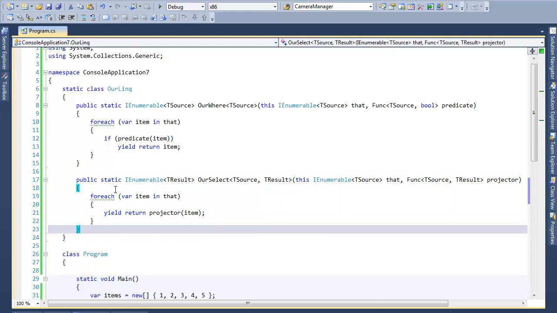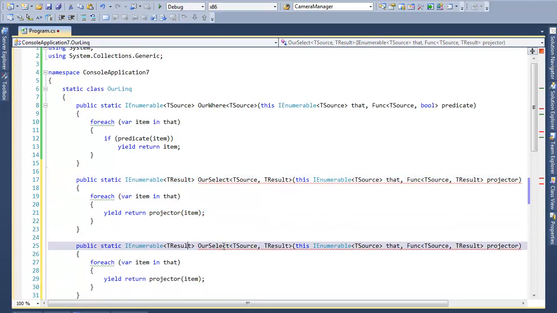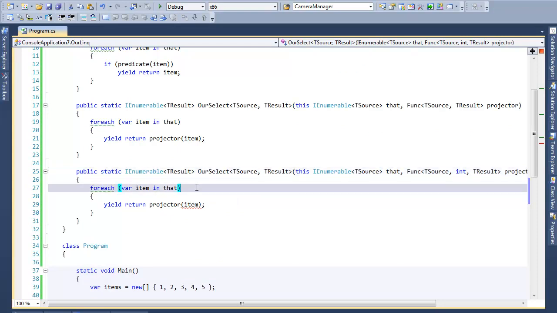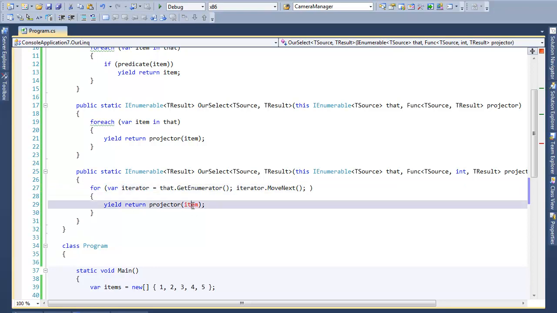So select actually has another overload that is completely identical, except the projection has a second argument. It is an integer. And then all it does here is this foreach loop actually becomes a for loop. So it's going to be that dot get enumerator, iterator dot move next, or hold on. I'm just going to put this into a while. Oh, there we go. Iterator dot